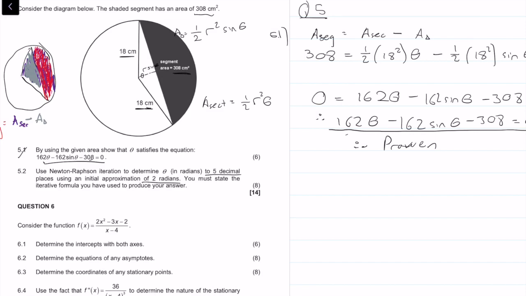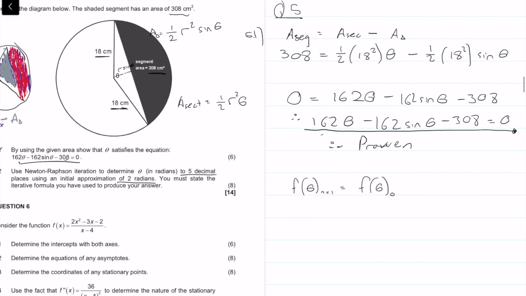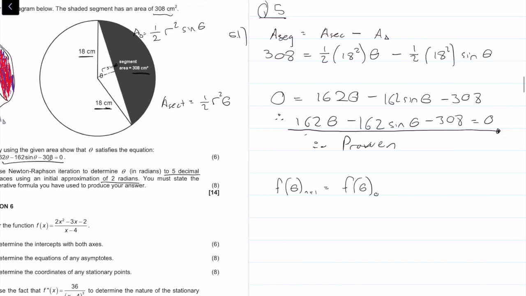The generic form of that equation is, let's use f, and then we'll move to theta. So theta at n plus 1 is equal to theta at our initial guess, minus